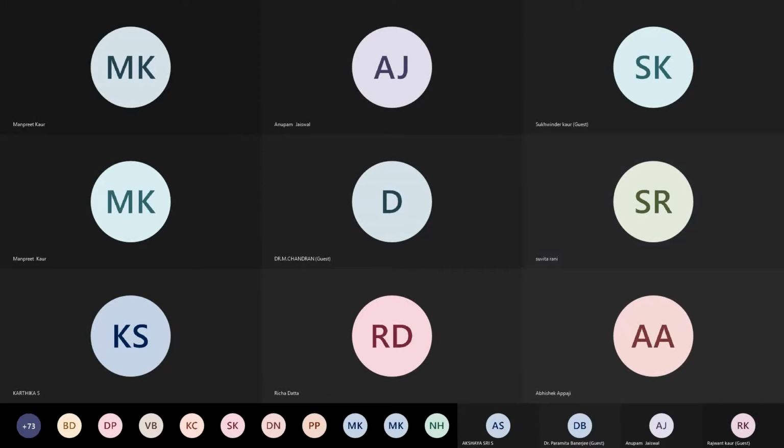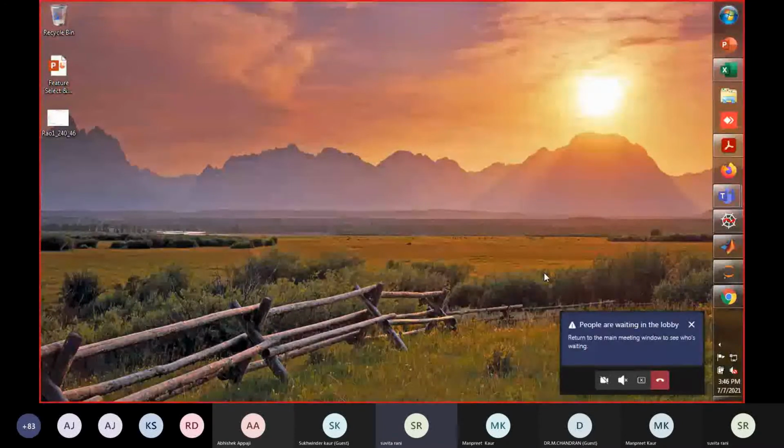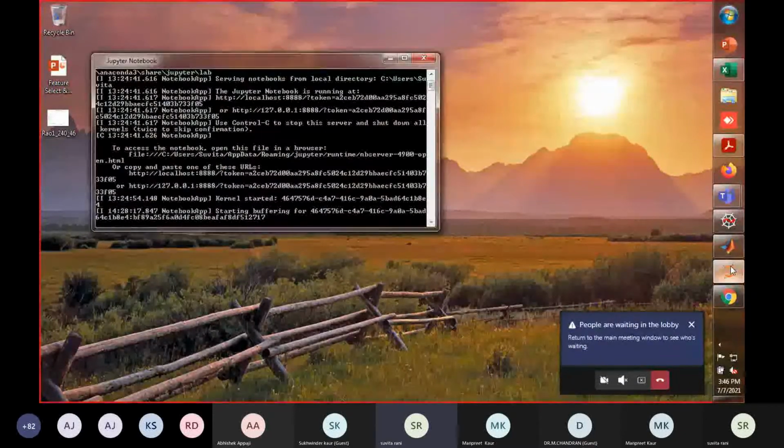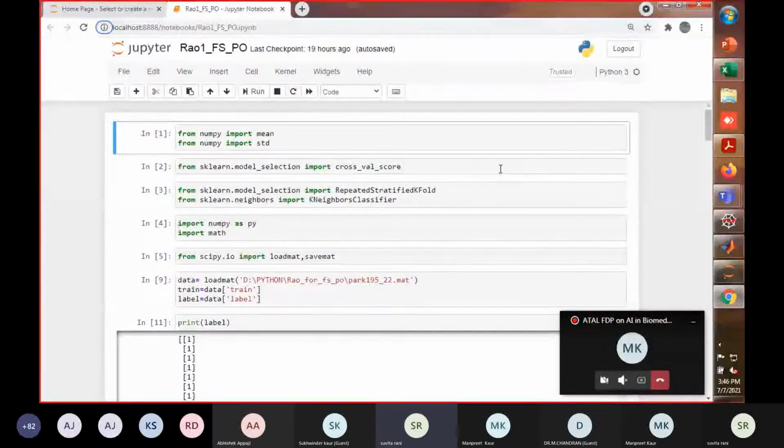Research scholar has joined. Suvita, you can start. Good afternoon, everyone. My name is Suvita. I'm a research scholar at the Sant Longowal Institute of Engineering and Technology. My department is computer science. And basically, in the last few days, you all heard about the optimization of hyperparameters and all. And you also saw one platform, which is called Jupyter. And ma'am explained well on Jupyter how deep learning is working and all.